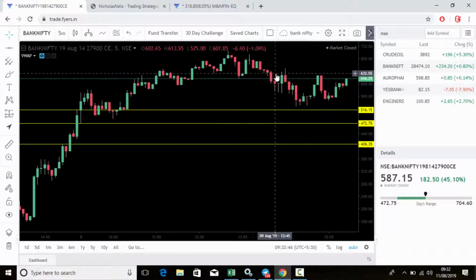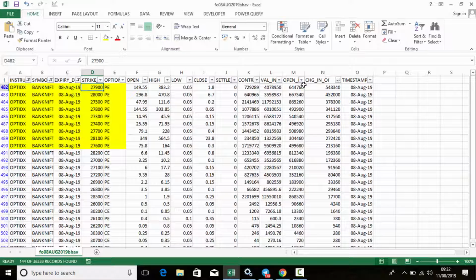Okay, this is just a simple idea about it. You just try it. If it's working good, you can follow it or leave it. So first, we look at change in open interest and check the top 5 positions. If it comes put and call mixed, then leave it, the market is sideways. If it's more call options or put options, then there is an opportunity like this, because something is happening in this put or call. That's why there is more change in open interest. If the top section is put, something is happening in put. If it's call, then something is happening in call. Okay, here the put comes, that's why I just check the put.